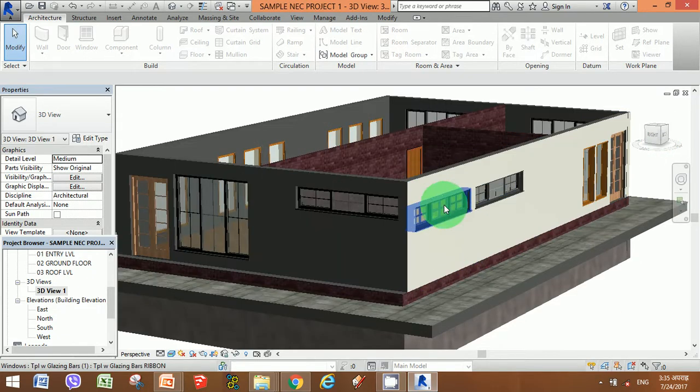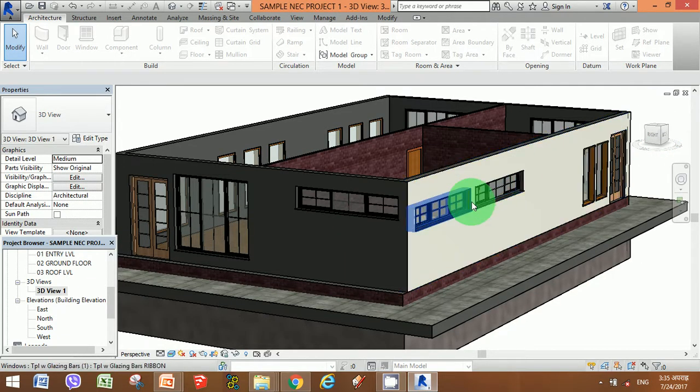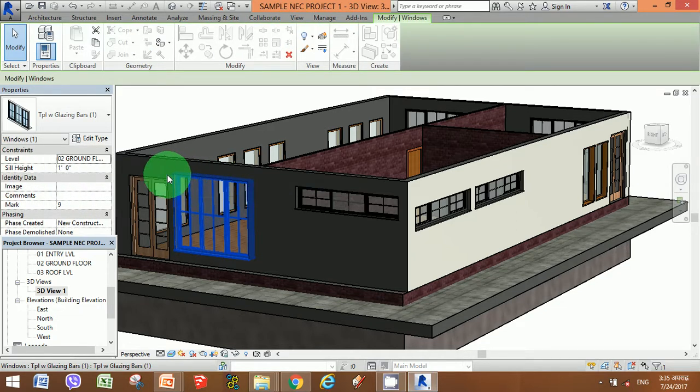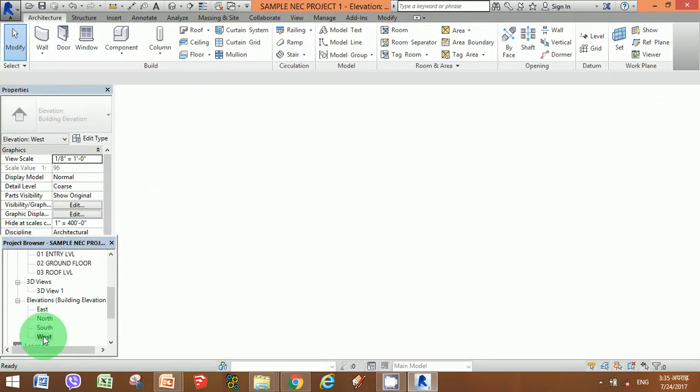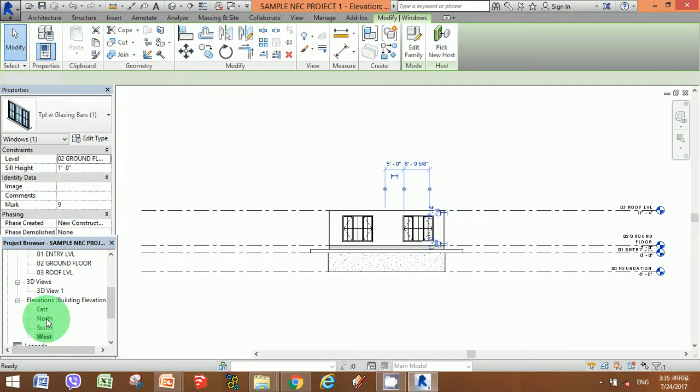So here we have the 3D view. As you could see, the windows are not in alignment. You could always change the alignment of the windows, it's not a big deal. So you could go with the south direction, so these are all in the same line.